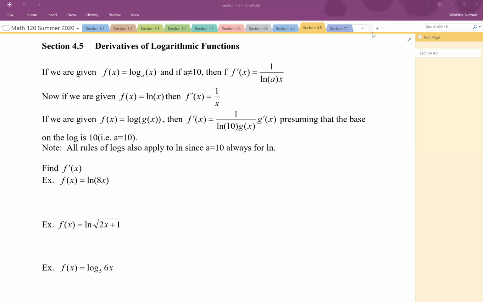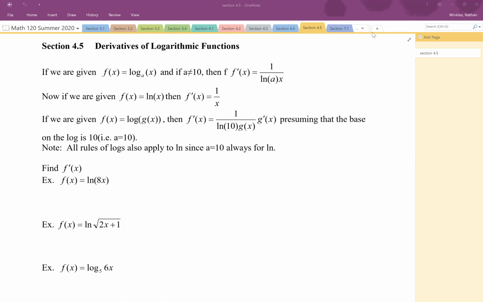All right, now that we have learned how to take the derivatives of exponential functions, we are going to learn how to take the derivatives of logarithmic functions here in section 4.5. So if we are given f of x equals log base a of x, and as long as a